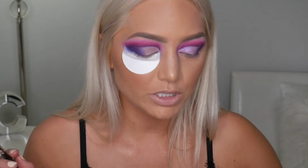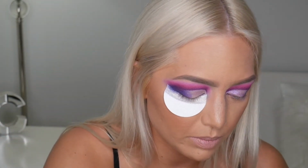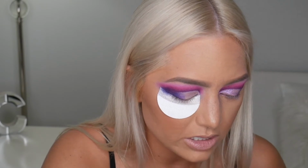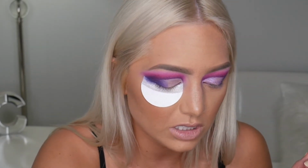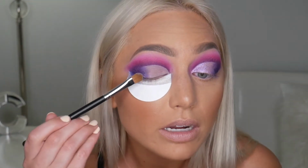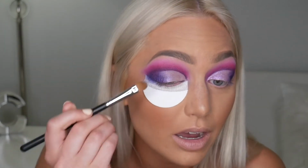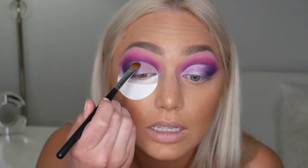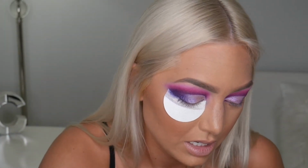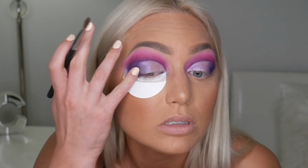The next shade I'm going to go into is this lilac purple right here. It's very shimmery. I'm going to use my Morphe M166 brush. It's a little bit bigger than the last one, but it's the same kind. This shadow is a little putty feeling, and it doesn't come off as pigmented as a normal shimmery shadow, so I'm assuming it's more of a topper. So I'm gonna add that right next to it. I don't know if you can tell, but it doesn't actually give off that much payoff, which is kind of sad and a little frustrating because how many other ones in here are toppers? I'm not paying for a palette of toppers,